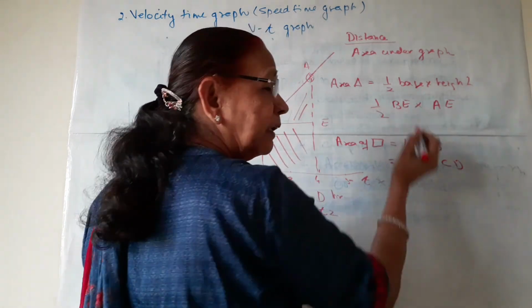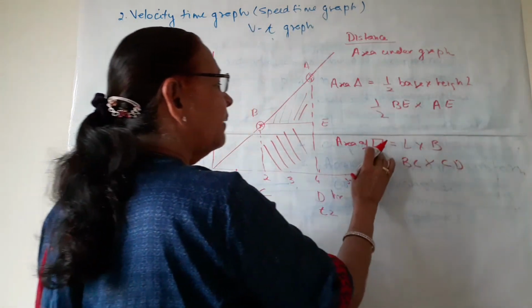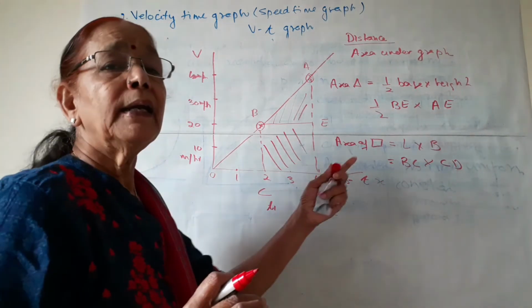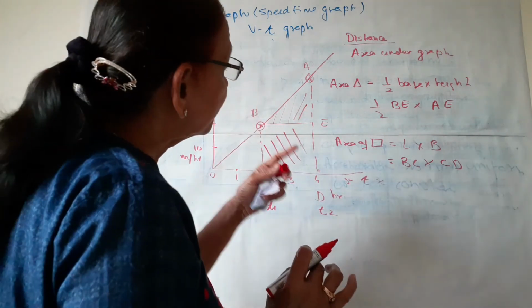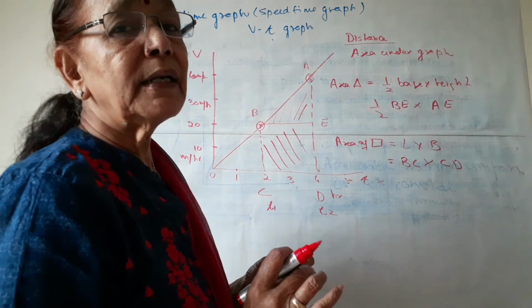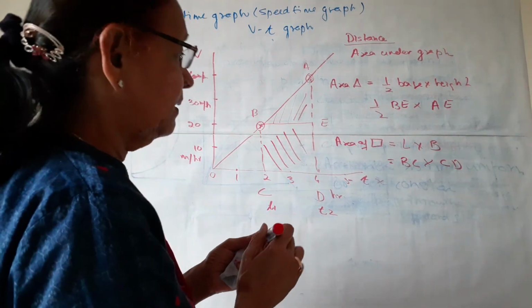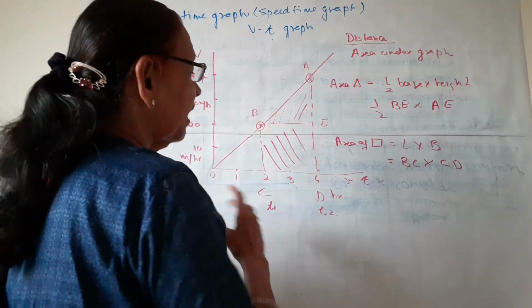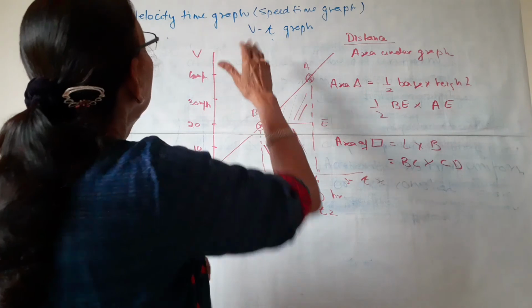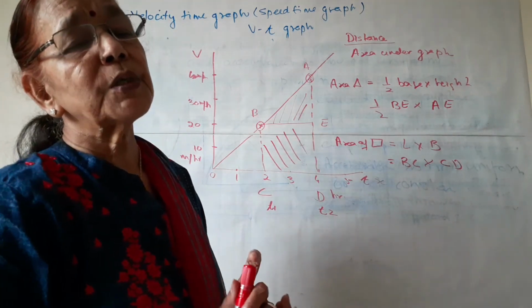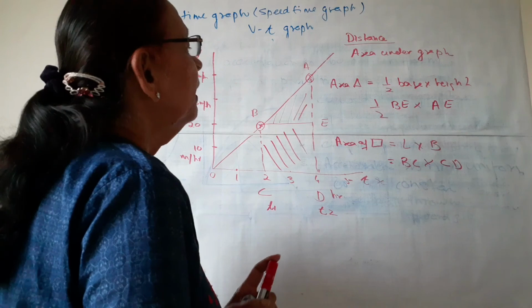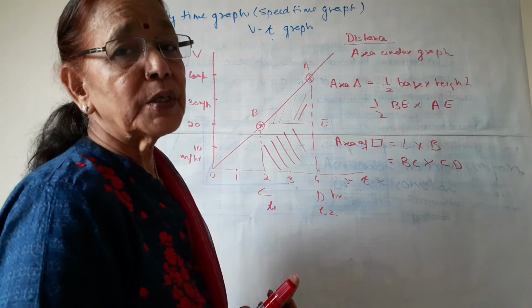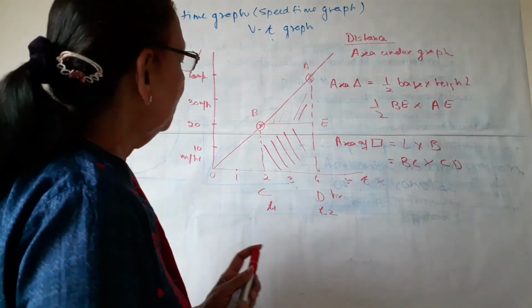And when we sum up both the area of the triangle and the rectangle, we will have the complete area of this trapezium, and that area is equal to the distance travelled by the body when it is uniformly accelerated. So this is how we can calculate the area from these types of graphs, and this is all with velocity time graph. We will do some numericals also, and in the next video, next part, we will do equations of motion. So this is all. Thank you.